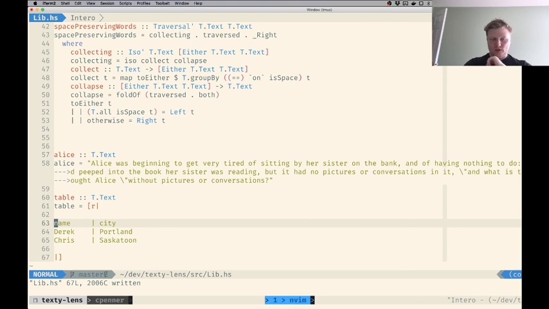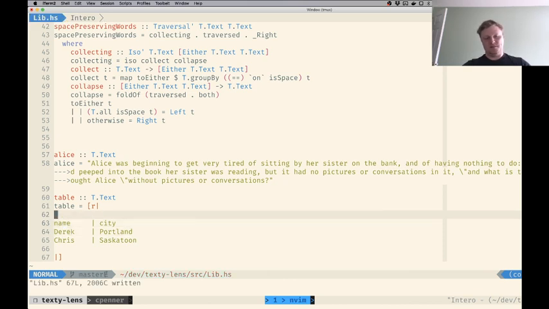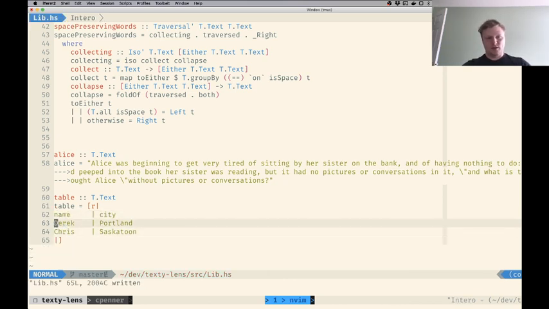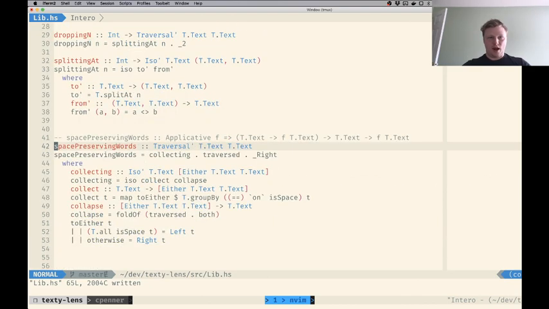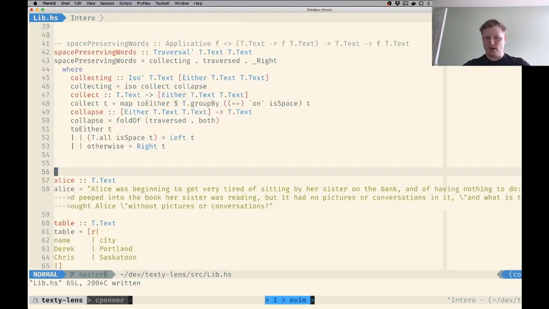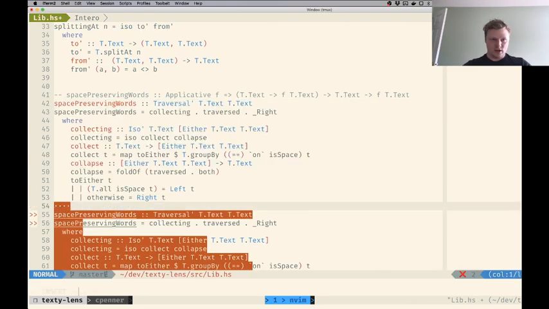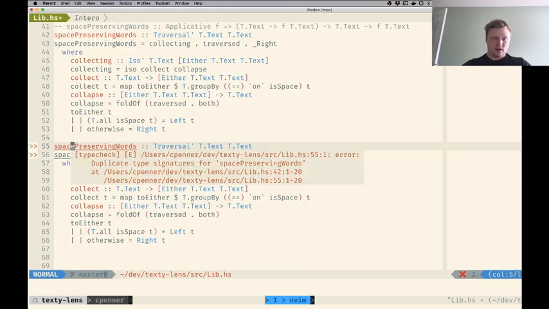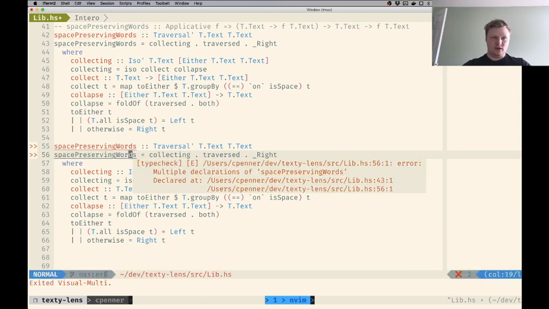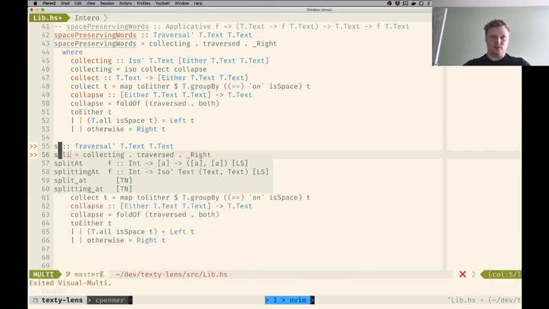Let's say I want to focus cells of this table in text without parsing it. So that'll be fun. Now, how are we going to do that? Well, I think we need to generalize a little bit. So this space-preserving words is going to need to be more generic. It's going to need to split on